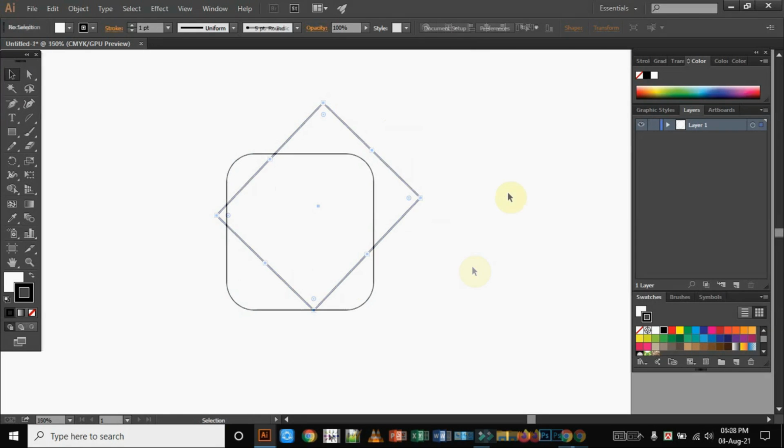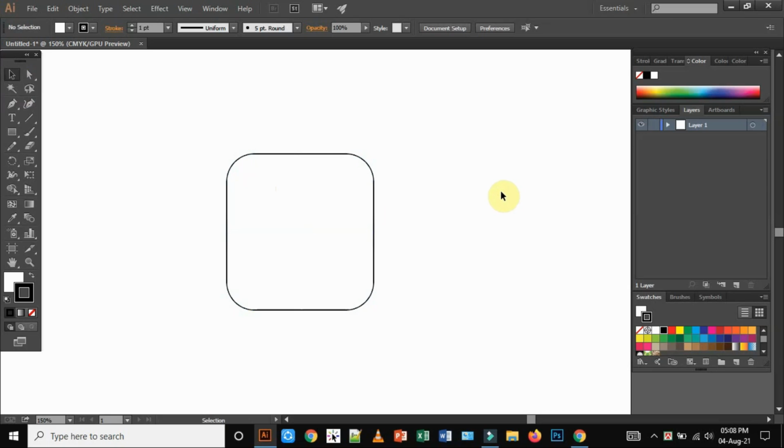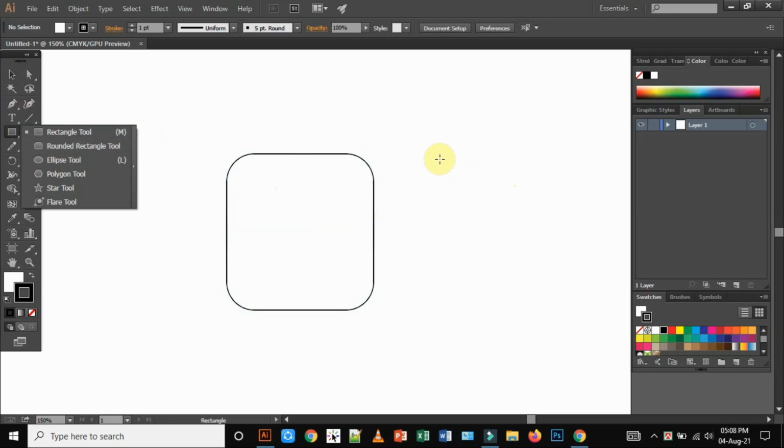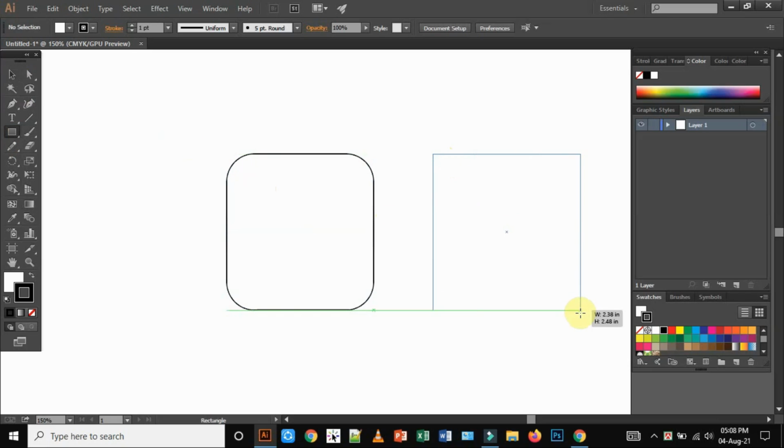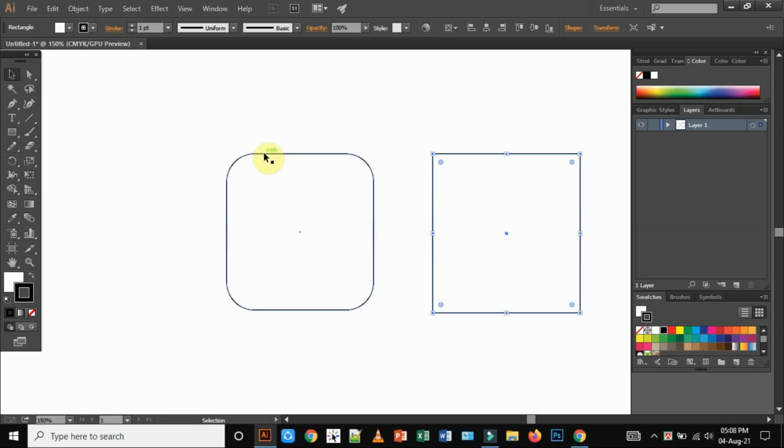Okay. And now go to the toolbar again and select this rectangle tool. Draw another shape. This is another shape. Now just click on this selection tool and come on this shape and press the shift button of your keyboard.